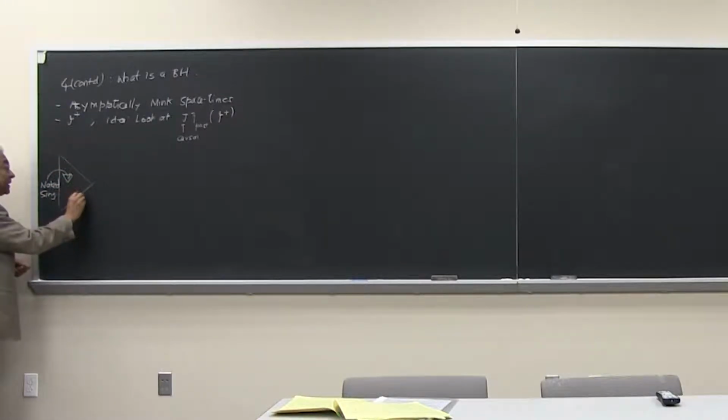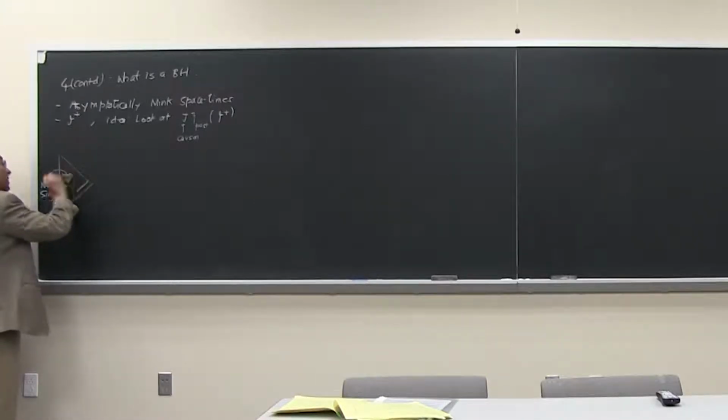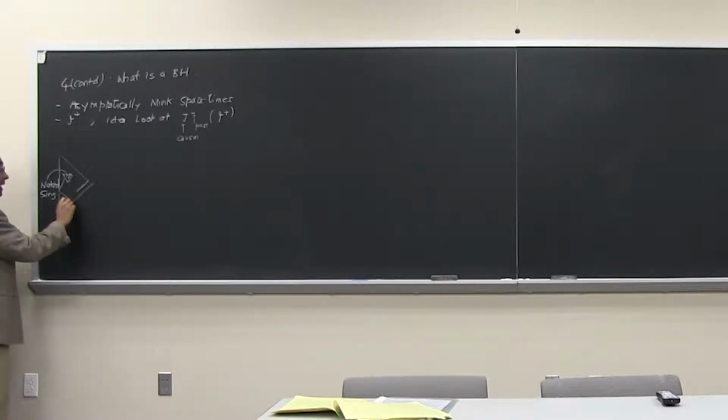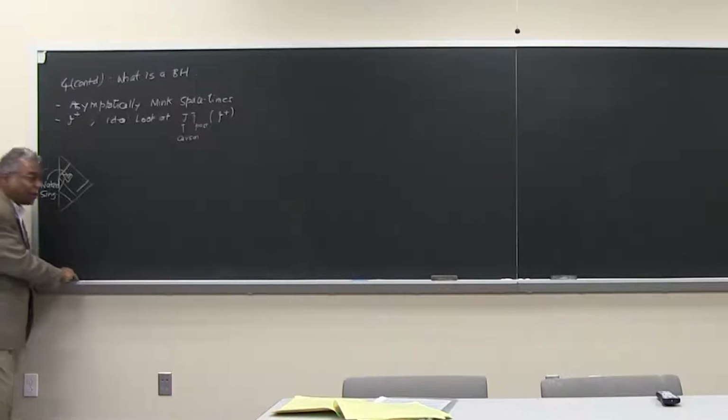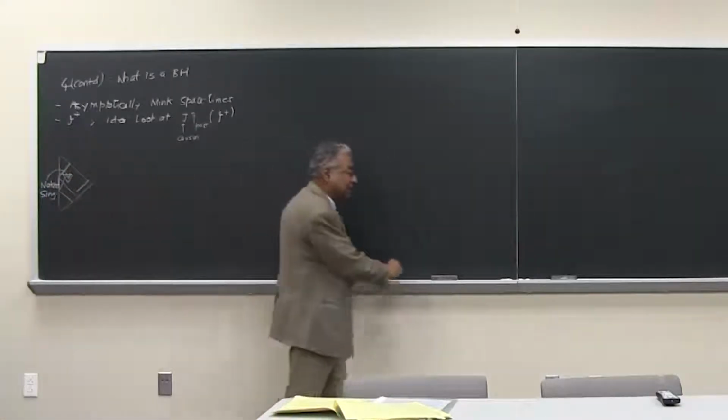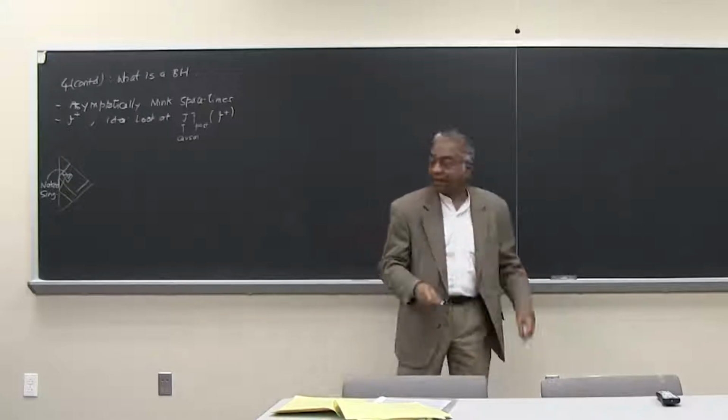So if I have a point up here, then this light ray can go out to infinity. If I have a point up here, the light ray would in general get stuck if it passes through this region. And if I have a point much further, then there will be no problem. So there will be some region from which the light rays will get stuck, will not be seen from infinity, and yet we don't want to think of this as a black hole because there's no horizon, it's a naked singularity. This is a type of reason for which we need to add another condition.